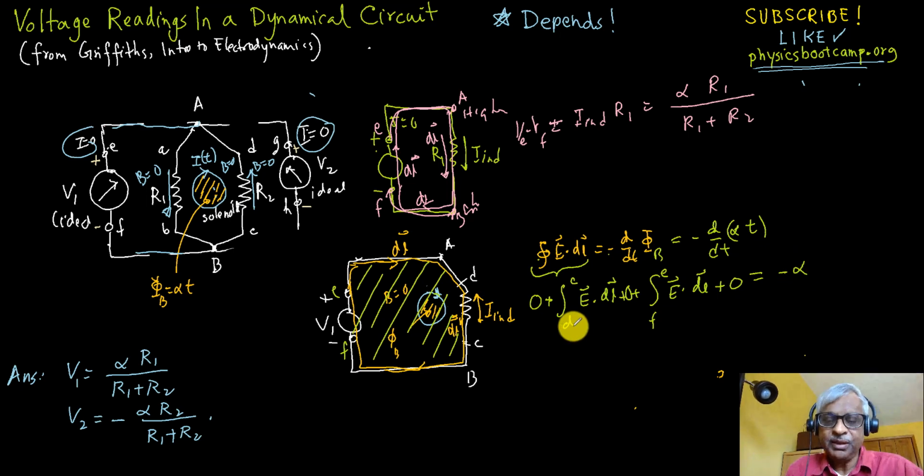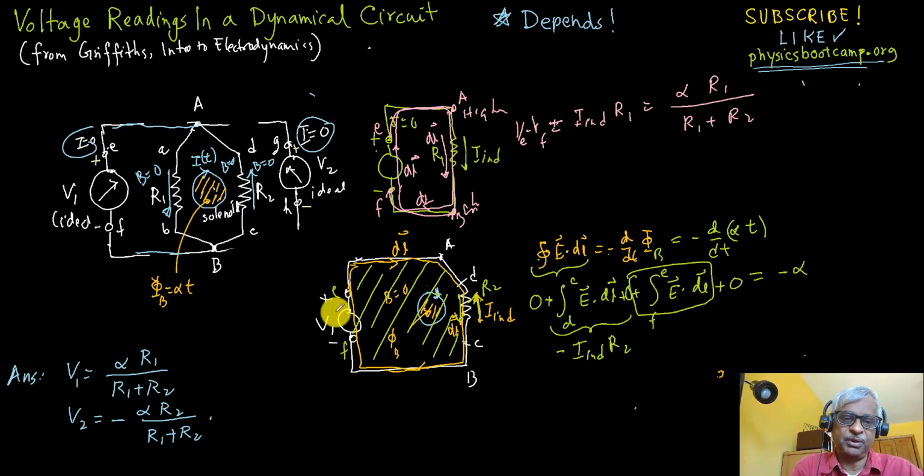alpha. Now I'm going in that direction and current is flowing in that direction, so I'm going to get a minus I induced, and this resistance is R2, so it's going to be R2, and this is the definition of voltage drop across here with a minus sign. That's going to be the reading of V1, and this is going to be minus alpha. So let's simplify it. I get V1 equals alpha minus